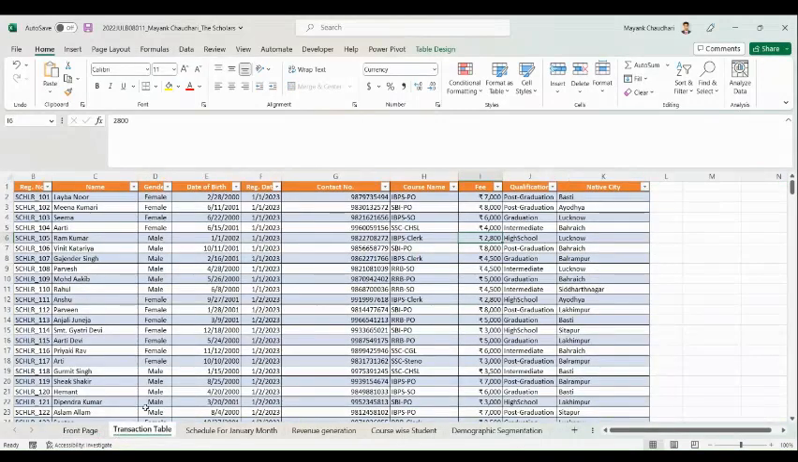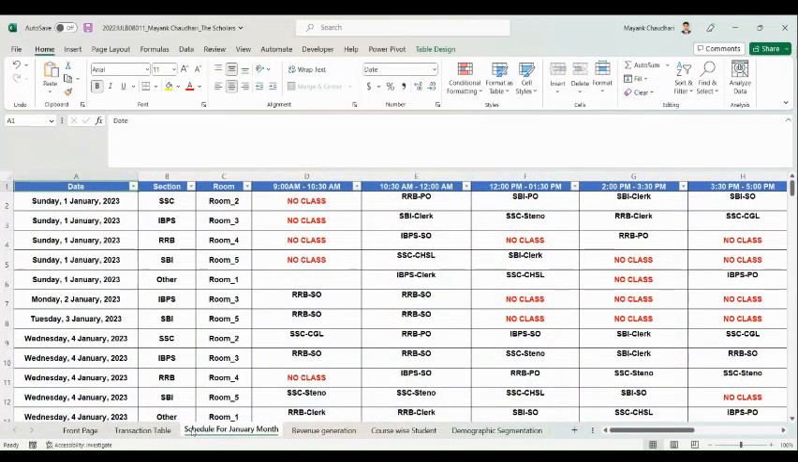This is the transaction table. In this table, we can find the name of the student, gender, date of birth, their registration number, their contact details, the course they have registered for, the fees for that particular course, and their utmost qualification along with their native place. This is the schedule for the January month's batch, and in this, students can get the timetable for